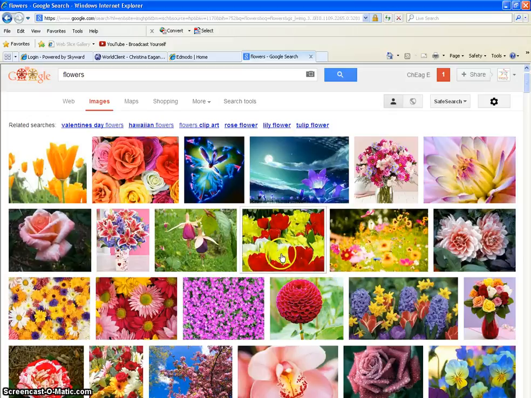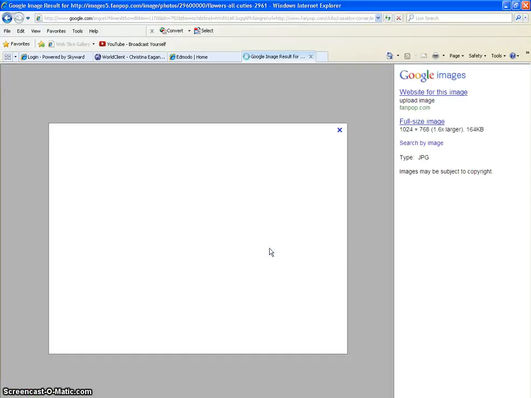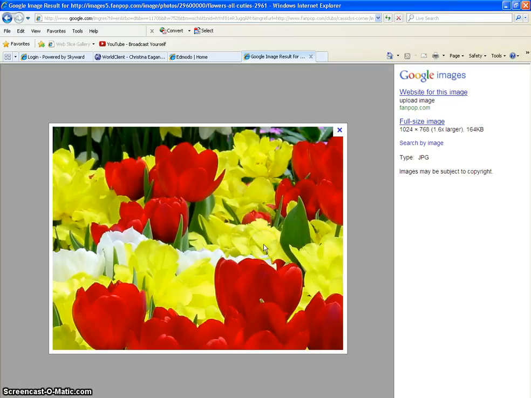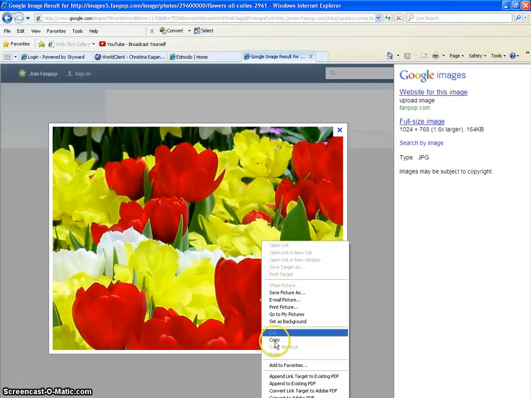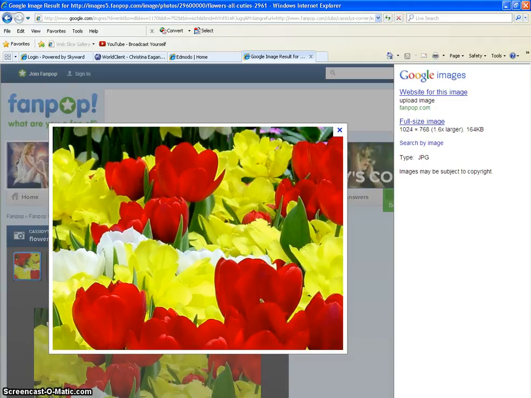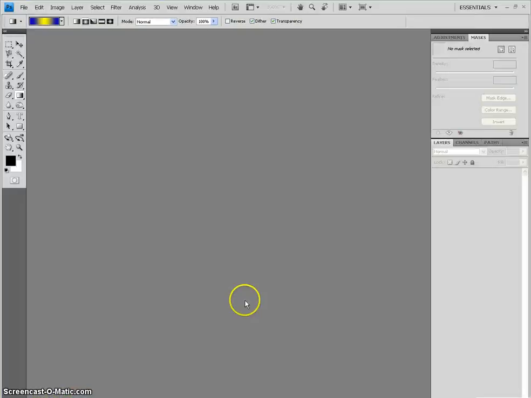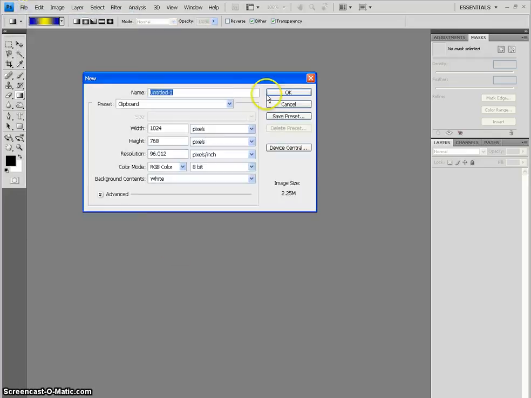I'm going to use this picture of tulips, so I'm going to click on it so I get the larger version. And then I'm going to right click, copy it. I'm going to open my Photoshop. There we go. When I open Photoshop and I do File, New, this is something you might not have known, it automatically will remember the last thing you copied and make the dimensions exactly right for what you copied. So when I make my new scratch, which I'm going to call this picture scratch,